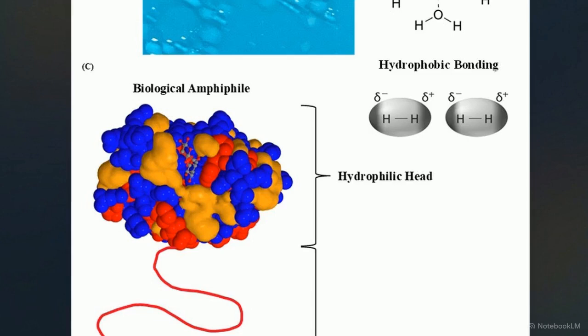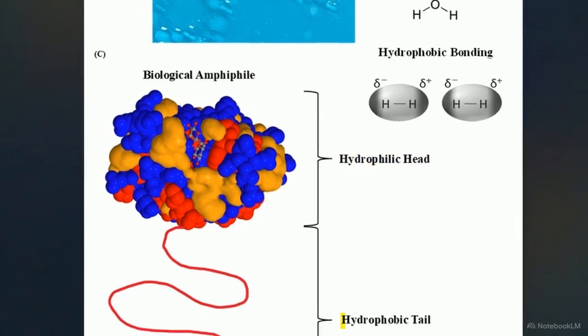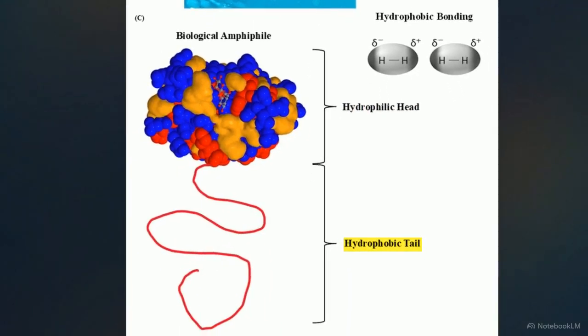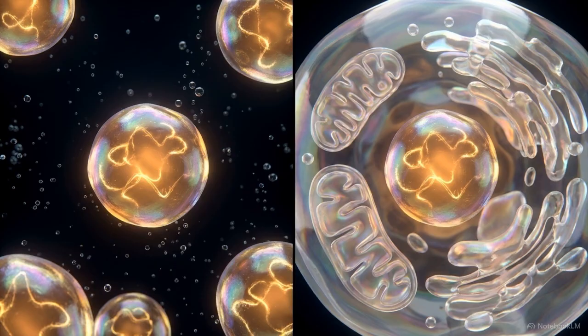Modern proteins evolved specifically to manipulate this process. This model of galectin-3 shows a hydrophilic head and a flexible hydrophobic tail, allowing it to act exactly like those ancient oil and water boundaries to drive droplet formation. Human cells still rely on ancient droplet physics to process information and execute genetic commands.